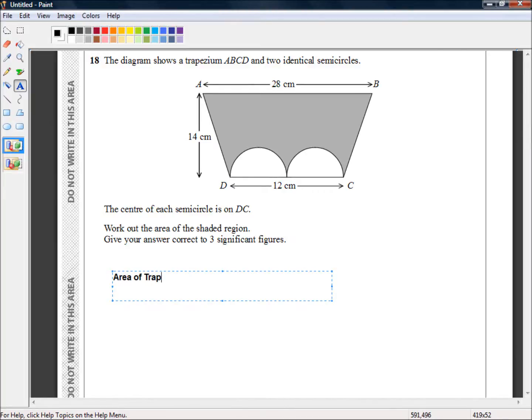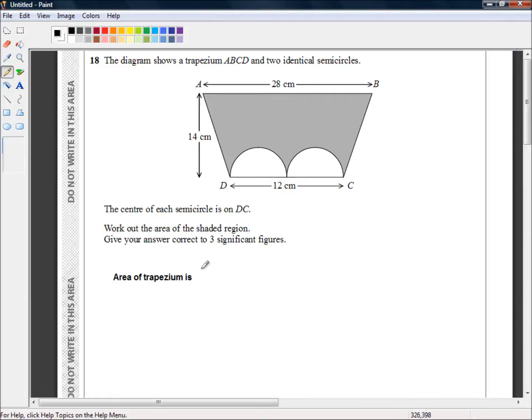Area of trapezium is 28 plus 12 divided by 2, and the whole thing is multiplied by 14. We can just shove that into a calculator. However,